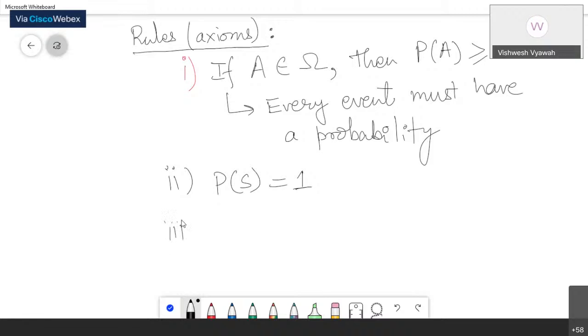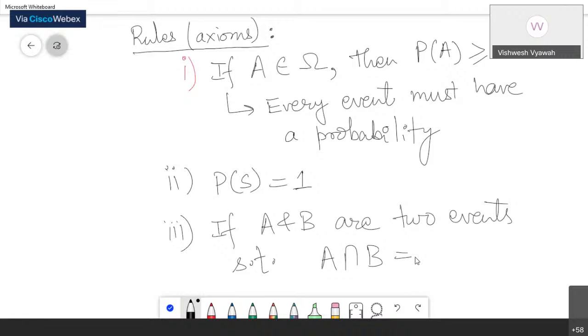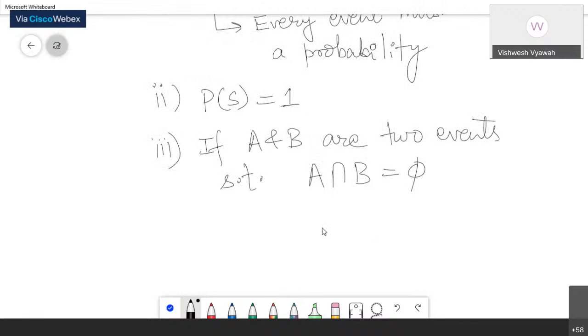And the third important rule or axiom or condition which this probability function has to satisfy is slightly mathematical, but I am going to tell you. It says that if A and B are two events such that A intersection B is a null set, that means A and B do not intersect. They don't have any common element. A and B are disjoint. Their intersection is an empty set, a null set. Then it says that the probability of